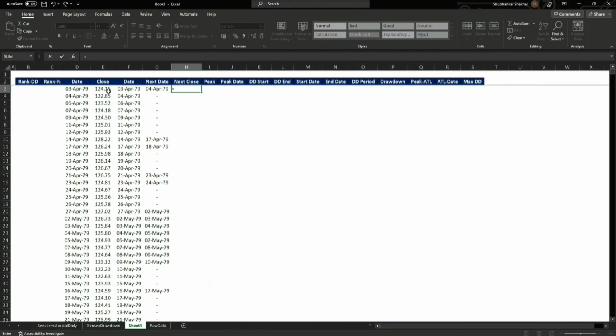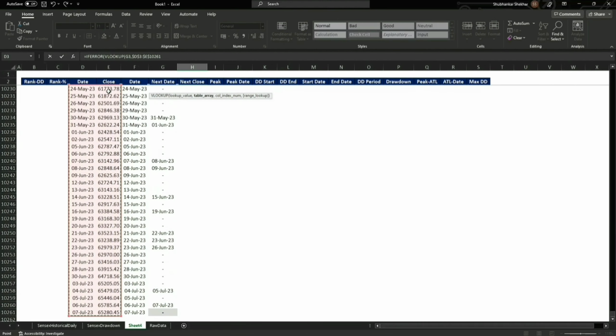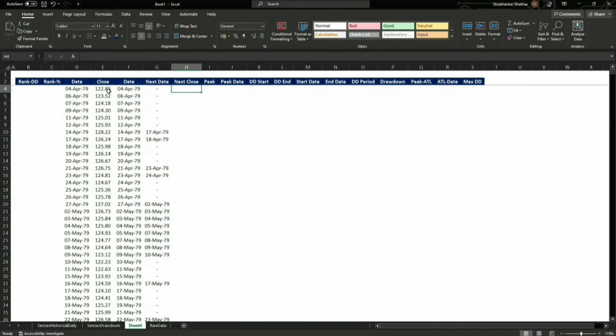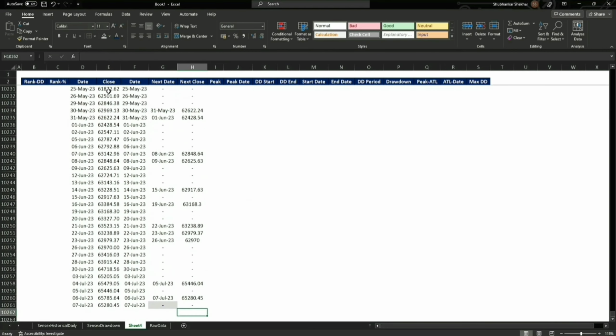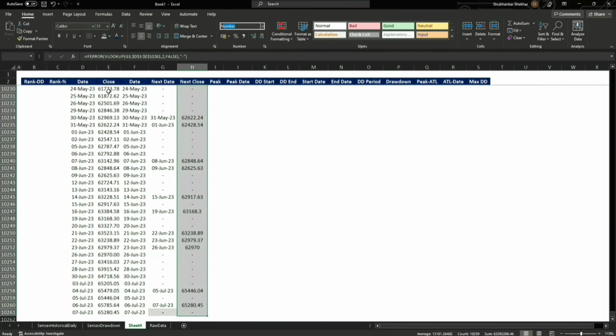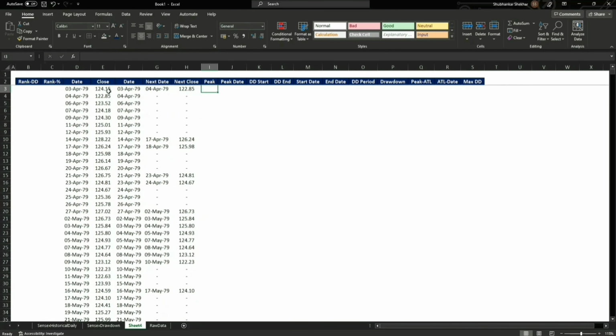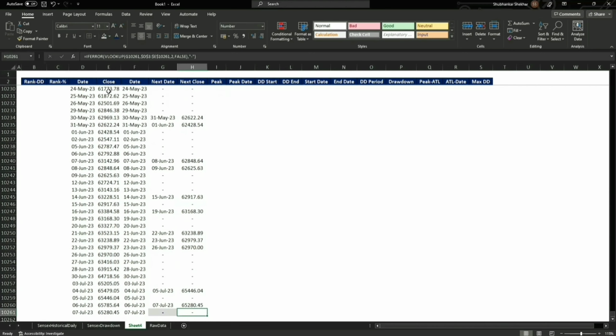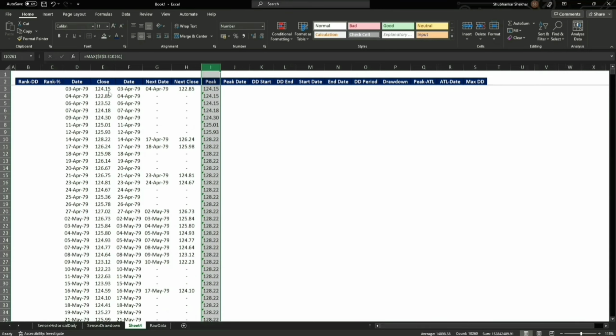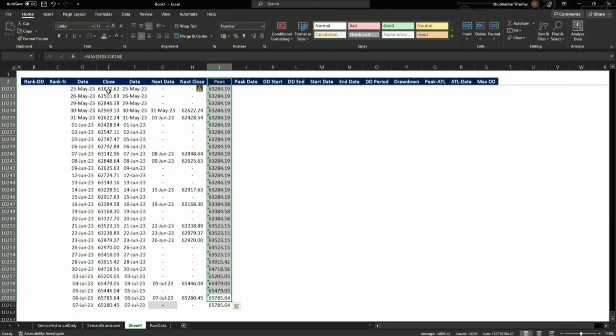So now the next close will be simple. If error, we look up the next date, and the lookup table will be here, 2, false, and in case of error, enter, right? Let me check the formatting. The formatting is correct, right? So again, let me just copy this here so I don't have to format it again. So the peak again will be calculated in the same way we did in the previous sheet. I'm going to anchor this, paste it, and remove all the errors, right?